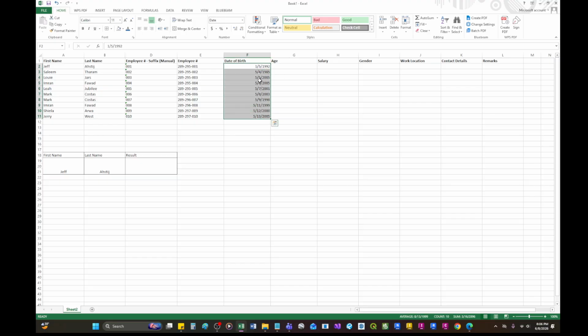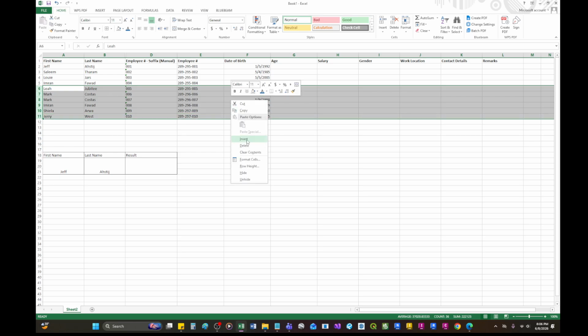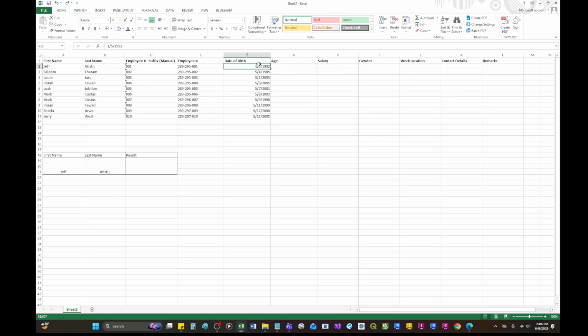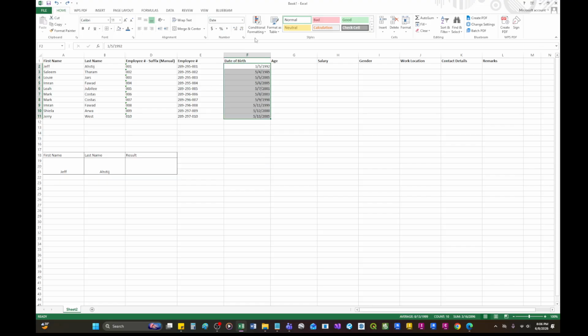If you would like this to be expanded, for example, because if you just see a number, it is confusing whether they are using month, date, year, or day, month, year. So we can expand this one. You just go here. You have the option here, because what this is using right now is short date.